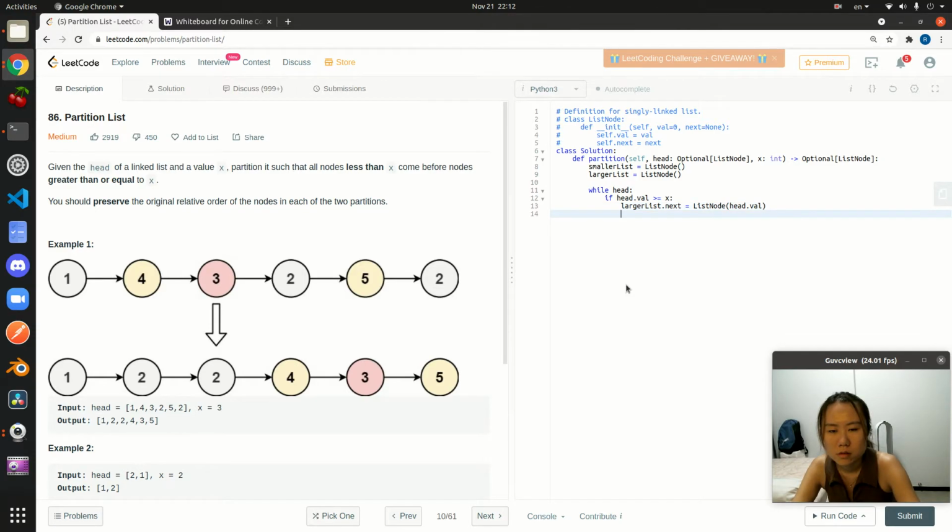Yeah, and then we move larger list equals larger list dot next,